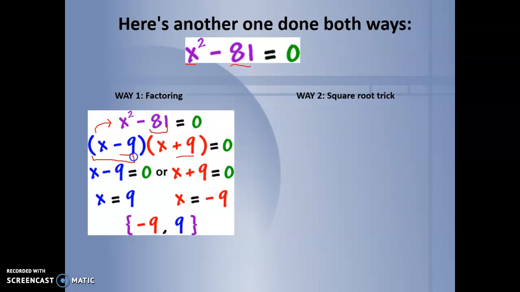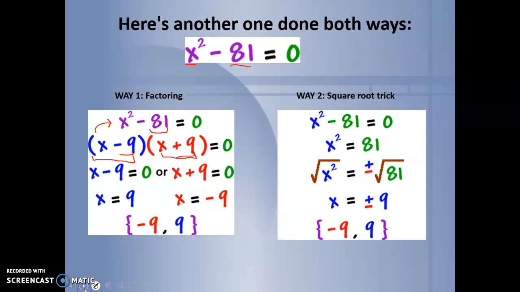We'll then take each of our factors, our blue factor and our red factor, and say that they're equal to 0, because we know one of them must be equal to 0 in order for the whole thing to be 0. When we solve for x, we get x equals 9 or x equals negative 9. There's our two answers. Solving it the square root way, we would add 81 to both sides,